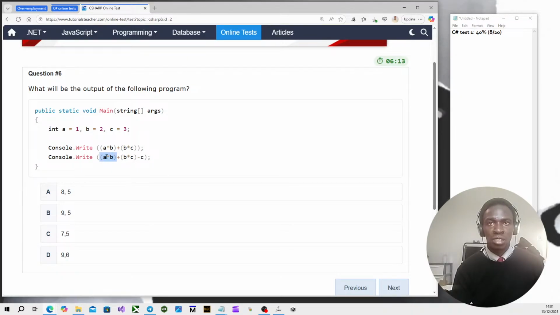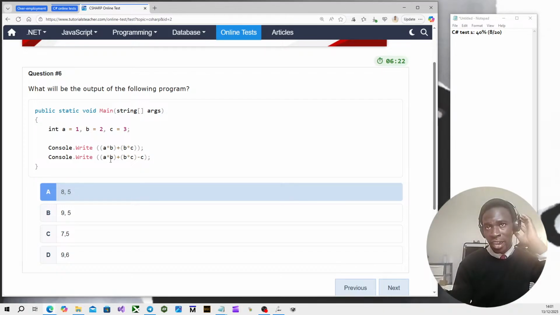I think it's BODMAS. So again, we got multiplication, so I'm guessing it's going to be A for now, but I'm going to still go through the maths. A times B is 2, plus B times C, which is 6, so it's 6 plus 2, which is 8, minus C, which is 3, so 5. So I think it's A.